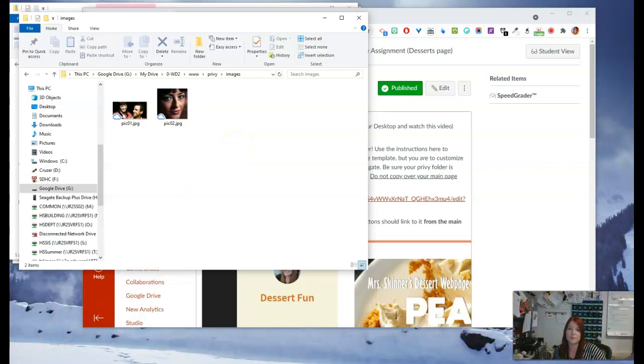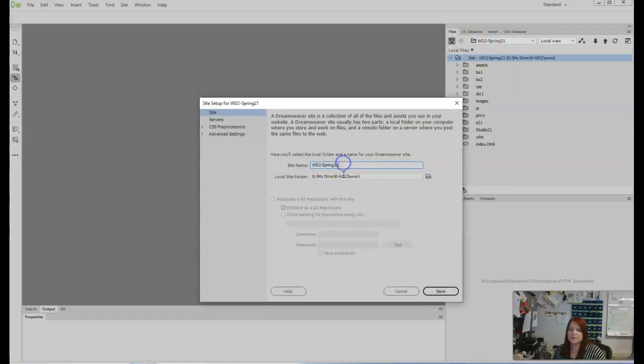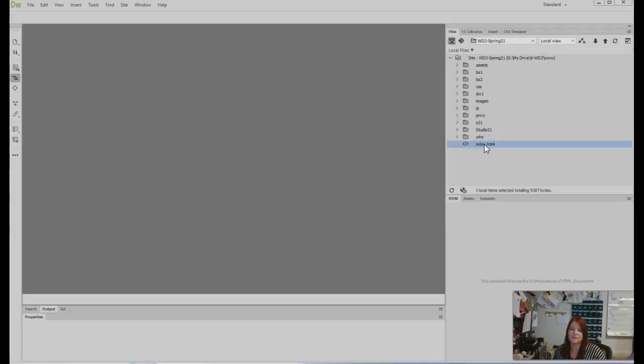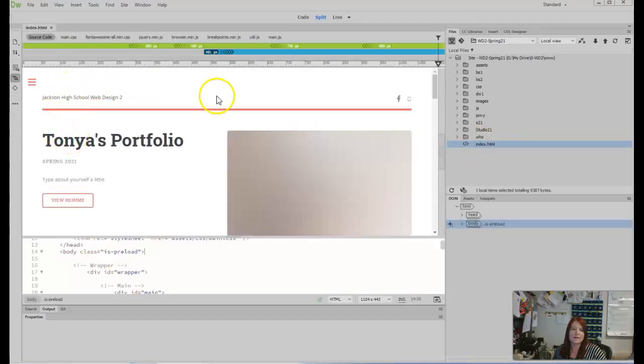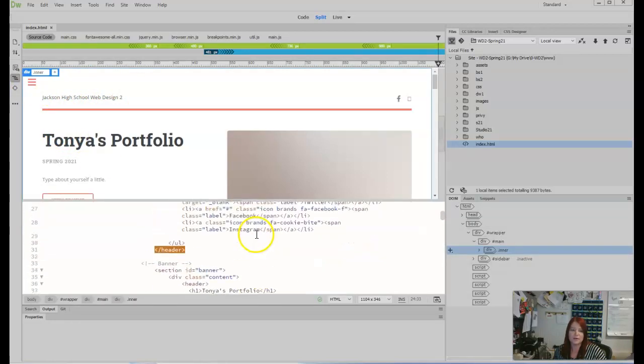Now I'm going to open up Dreamweaver and give you a little bit of a preview of that. Okay, now I'm in Dreamweaver, and so I should make sure that I am in my WD Spring 21 folder, with my WWW folder on my Google Drive, and that I see my Privy folder. Now we've got a couple of things we're going to have to do here. One of those is you're going to go ahead, and I would do this right now, you're going to go ahead and link your index page. You have an icon on there that's for this dessert web page, and it's on your menu,